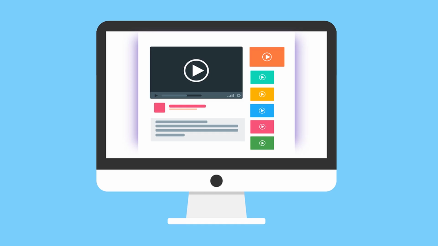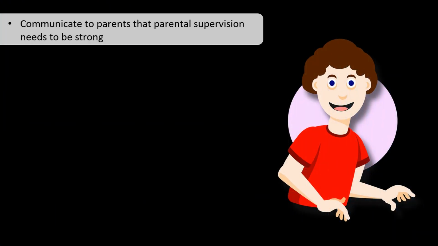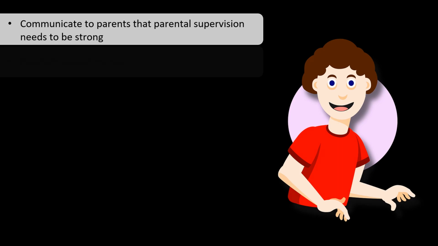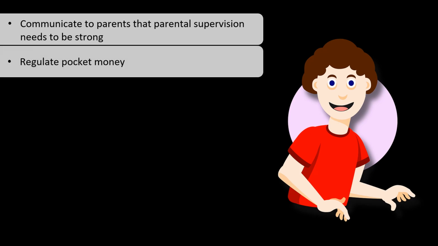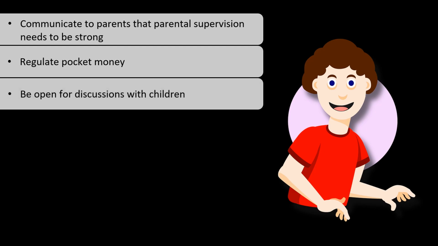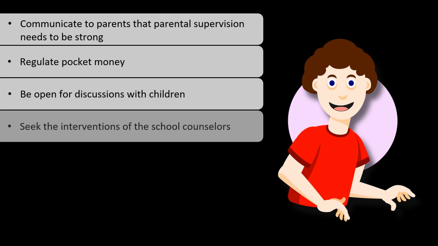And you can also take parents into confidence that parental supervision is essential. Parents need to be strong about certain things, for instance, regulating pocket money, keeping an account of how much money the child has, how much money the child is spending, and how the money is being spent. And they should also be open for discussion with children. If necessary, you can seek the intervention of the school counselors. If you find that the problem is getting out of hand, it is better not to delay, but to seek